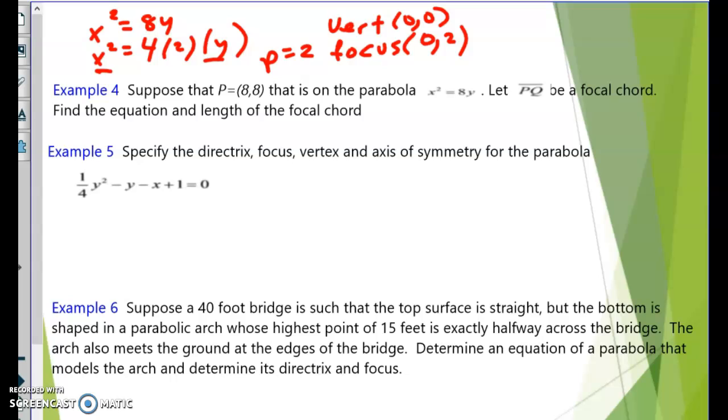And we want to find the slope of the line between those. So I'm going to use the point, that's my focus, because it's a focal chord, it has to go through the focus, and there's my point. So I'm going to get the slope of that, and I'm going to say 8 minus 2 over 8 minus 0, so my slope is